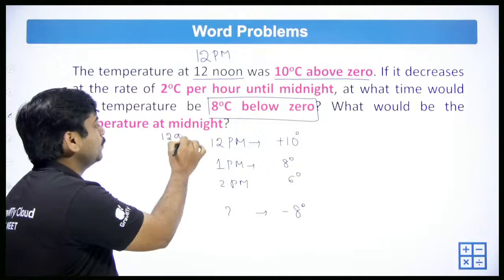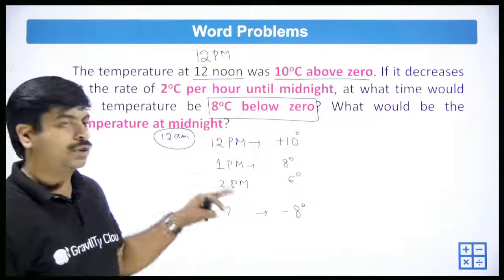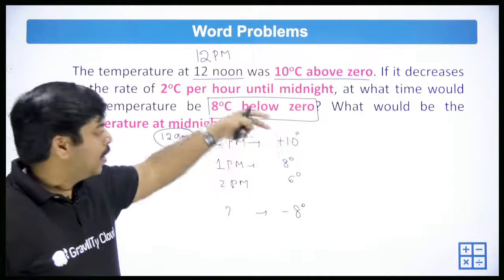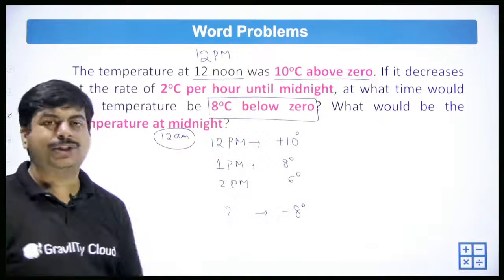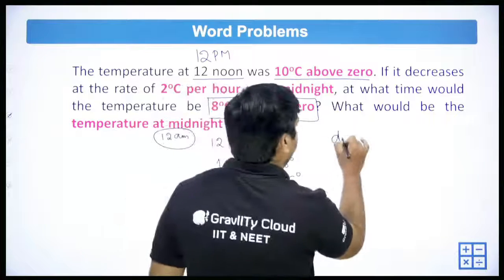Okay, we'll come back to this one. That is the second question. Let us try to understand the first question. Starting at 12 p.m., it is at 10 degrees. From 10 to minus 8, what is the duration? What is the difference? So the difference in temperature